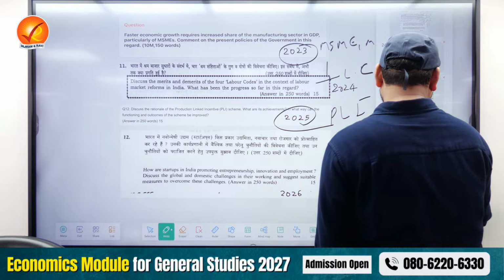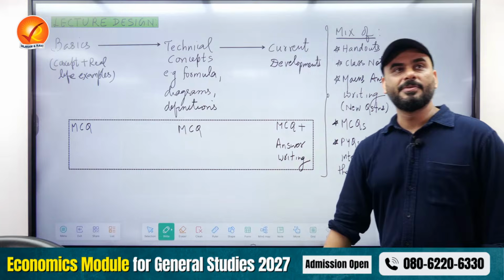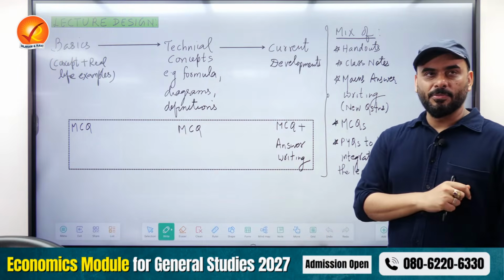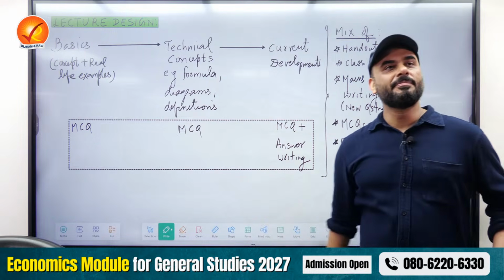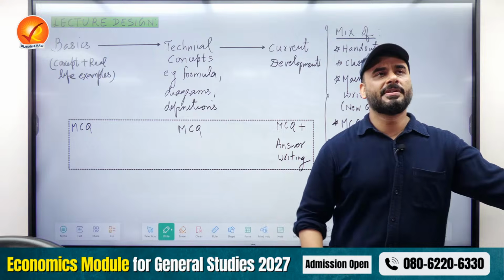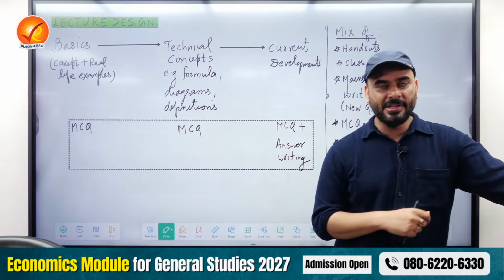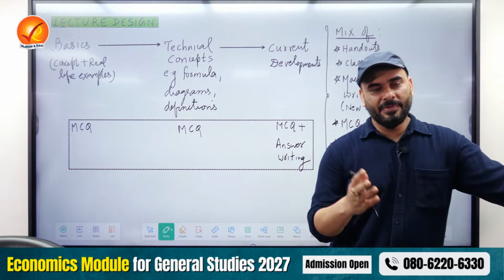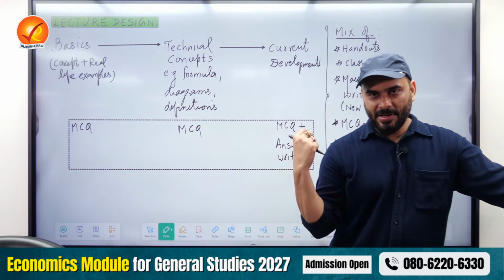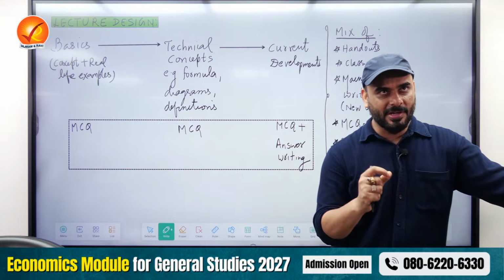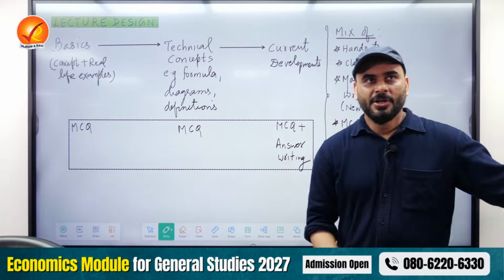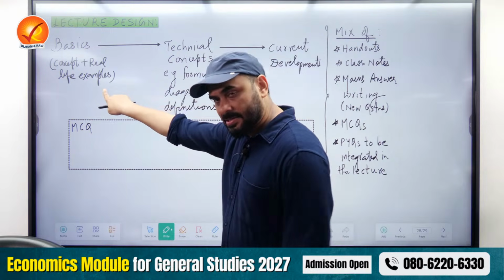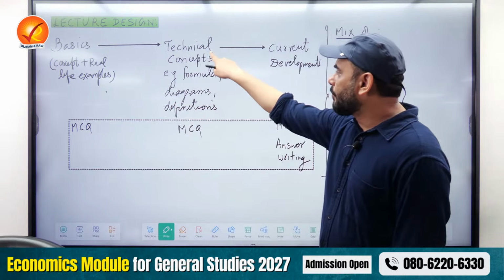Now, how do I teach in the class in module? There is one formula which I follow. We always start with basics, absolute basics. For example, as you would have seen when I was telling you about the AI models, when we were discussing industries, even in a very summarized form, we were starting from very basic stories. So we always start with basics. Then we come to technical concepts.